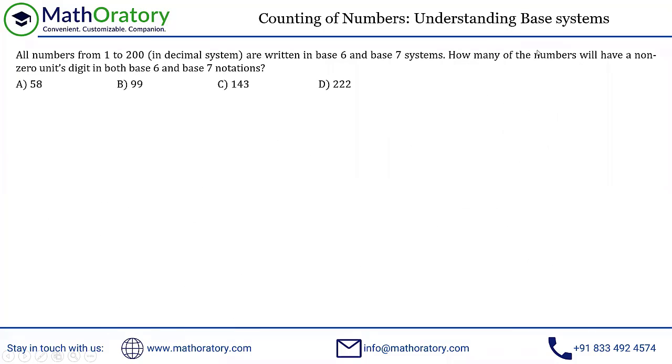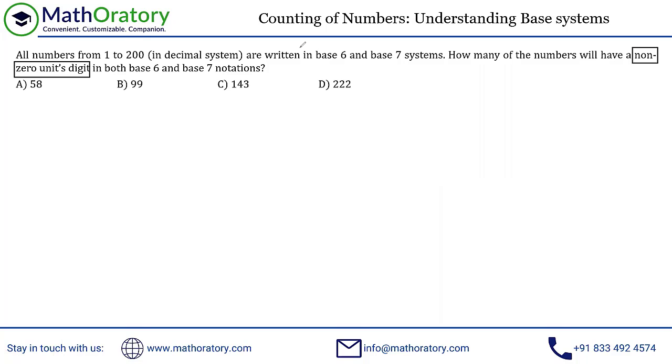First of all, when it comes to this question on bases, you have to understand one thing in the context of this question, and that is the last digit. So how many numbers will have a non-zero digit? If you read this part, how many numbers will have a non-zero units digit in both these bases? Now, you can understand this in a lot of different ways. I've explained this in our classes, but I'm not going into the details. You can check it out by base conversion or divisibility, any which way you want to consider this.